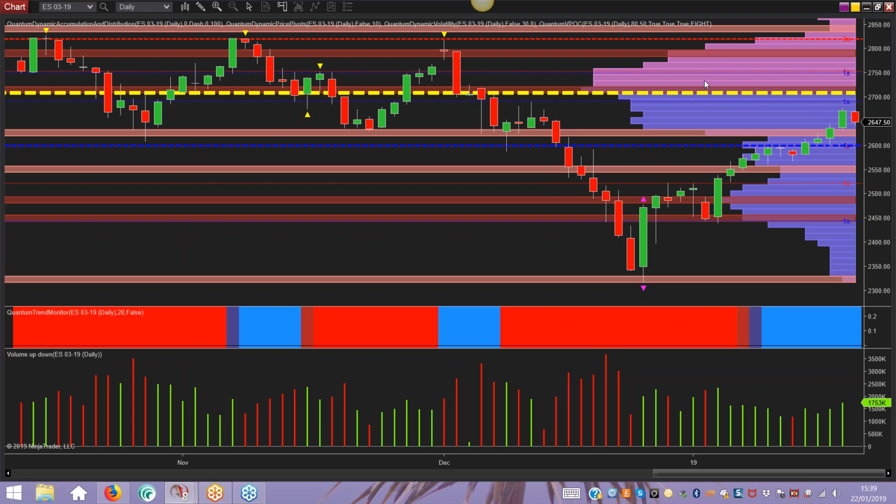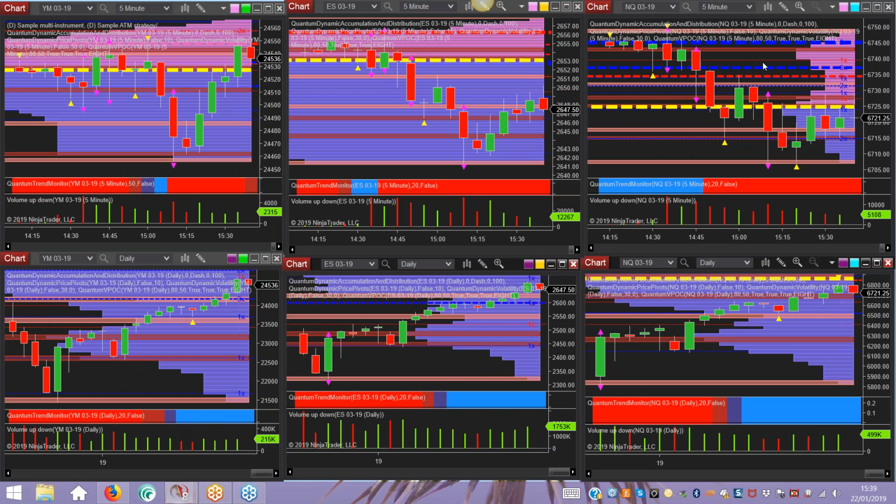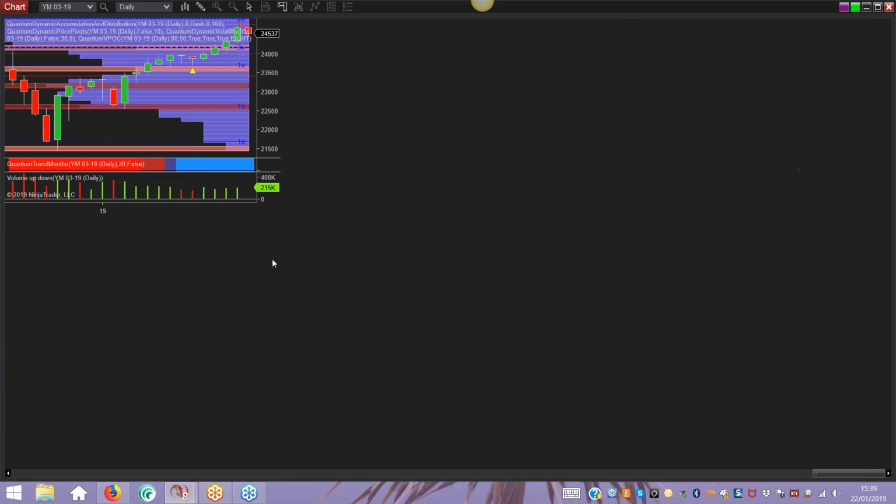So there's a huge amount of volume concentrated at a level, the heaviest volume on the daily time frame. And then above that, we've got very strong levels of resistance up here, which you can see, which define this price ceiling which has been created. So there's lots for the indices to battle their way through, and they're all pretty much the same.